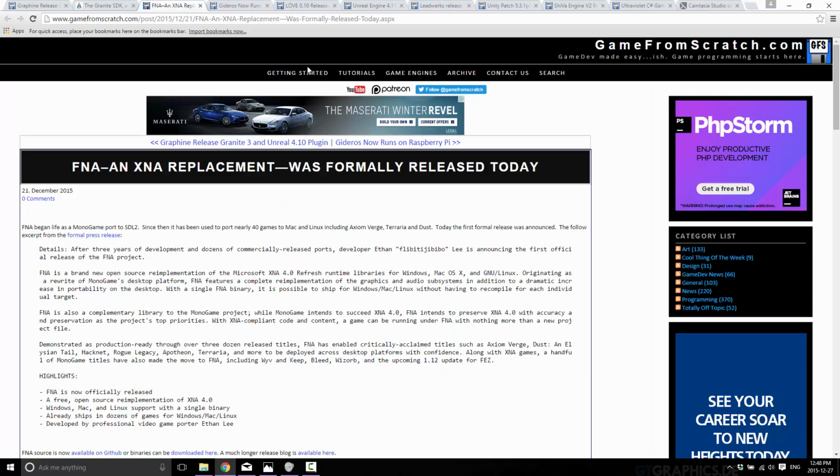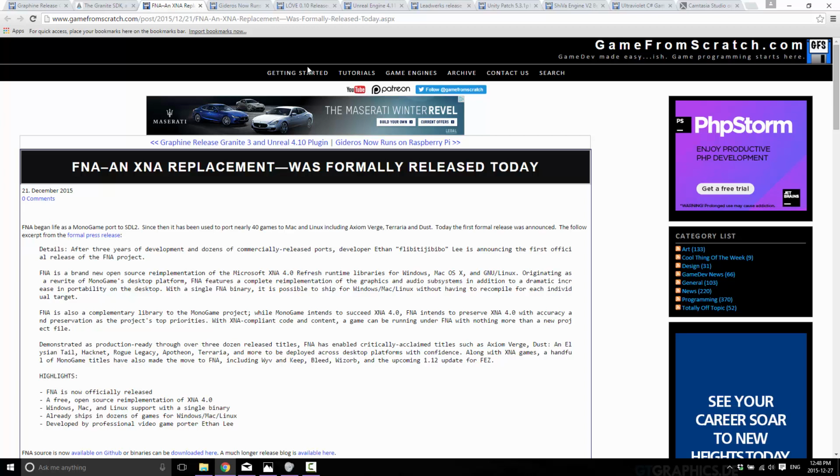FNA was released. Now, FNA has been around for a while, and it started off life as a port of Monogame, Monogame-SDL I believe, and over time, it's been used to port 40 plus games from Microsoft XNA to Mac and Linux. So it's a desktop-only porting library, and it's also more pure.